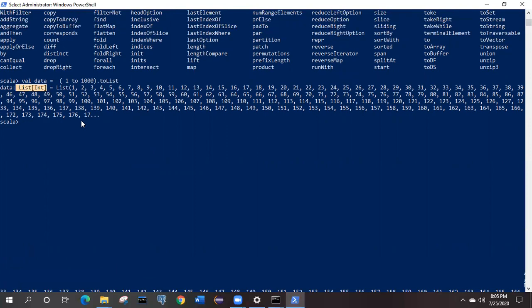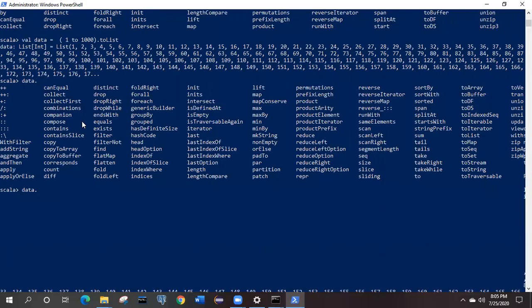On a list we can have multiple operations, as Scala already provides some APIs. So we'll type data dot, hit tab, and see what it shows, how we can iterate and what we can make use of.